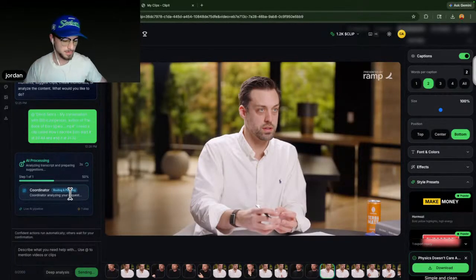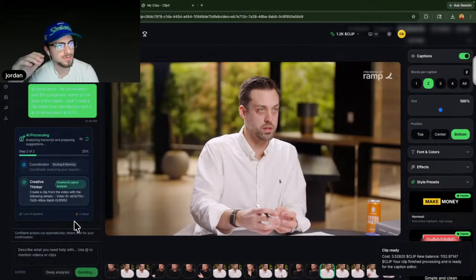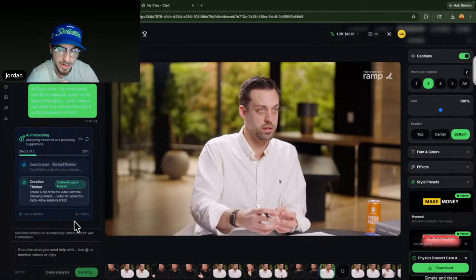We've seen Clippy perform its normal task. If you guys don't know, there's a lot of stuff around clipping and automating clipping, and OpenClaw can clip, or Hermes, or Claude Code can clip. But I want you guys to understand, there's no other platform that I have seen that has the agentic abilities like a Claw, like OpenClaw, built into the